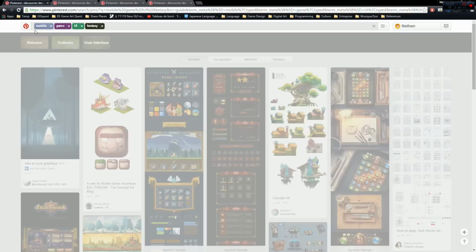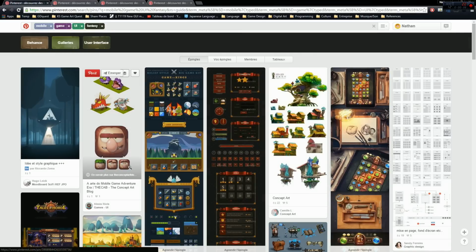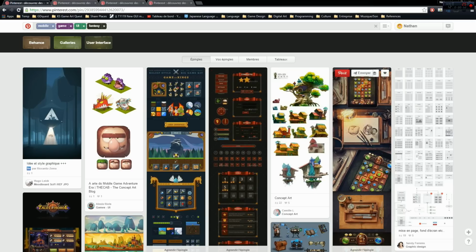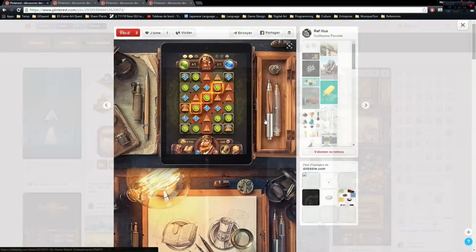For instance, if I click on one of those keywords, it gets added to my search, and you can see that right now I get more RPG-oriented references. So for instance, you have an RPG in here, you have a puzzle game with really shiny elements in there. It's not easy to approach UI creation because it feels very geometrical, but in the end, in order to